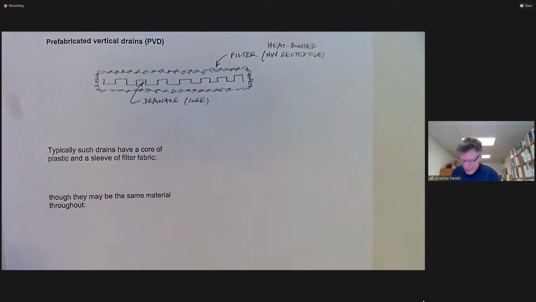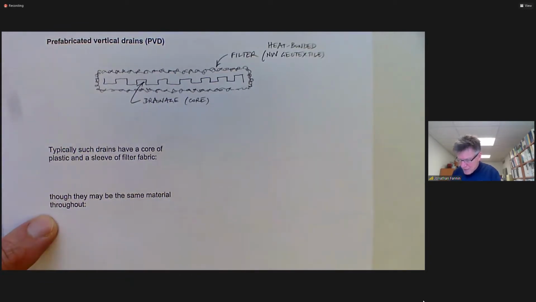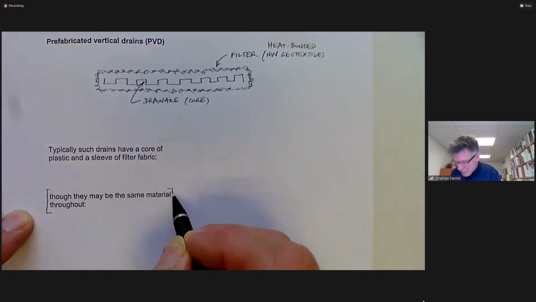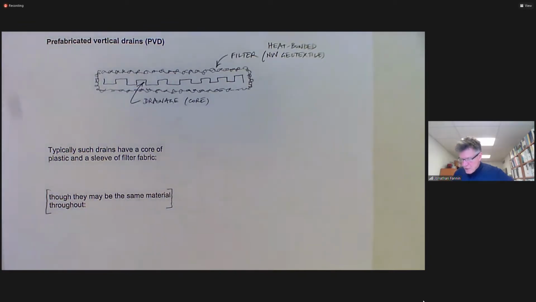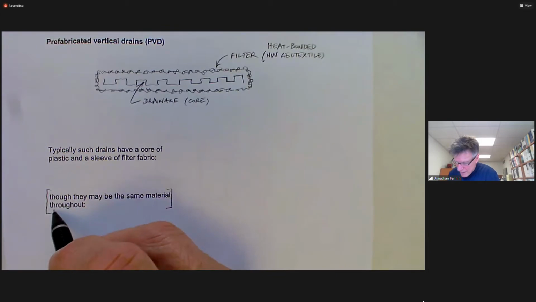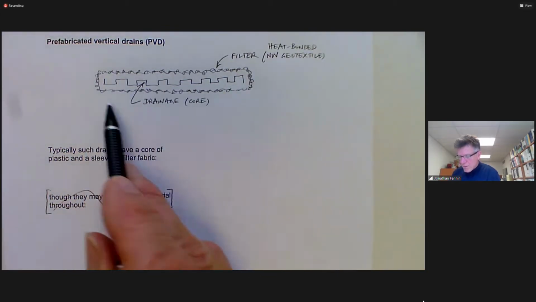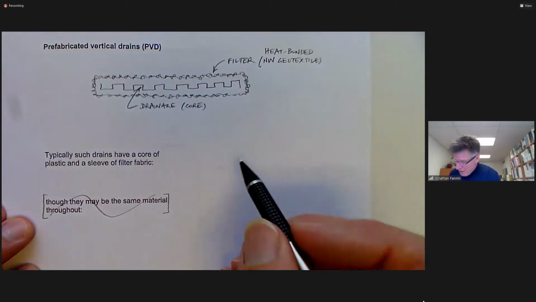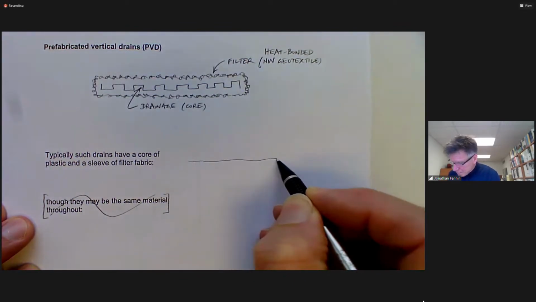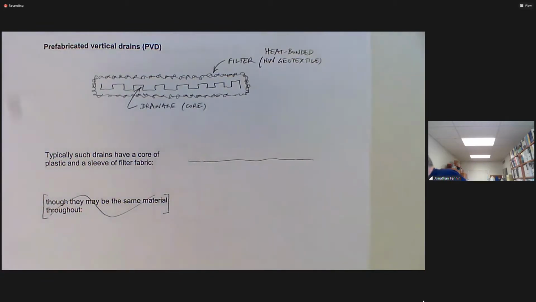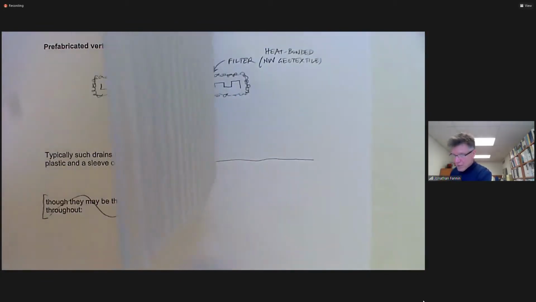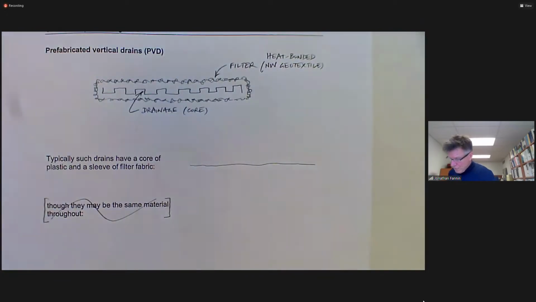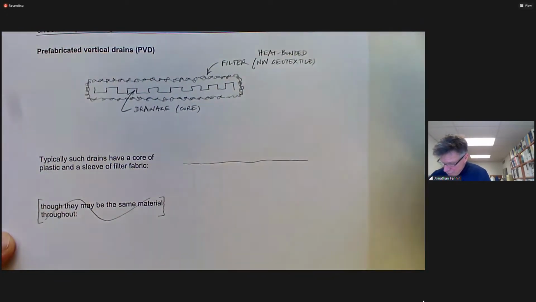I'm going to strike out they may be the same material throughout. That was true perhaps in the early days, and there were a number of variations, but the nature of things has now pretty much consolidated, no pun intended, into the arrangement that we have here. And we drive these into the ground. So let's drive the wick drain into the ground, as we saw in the video there,